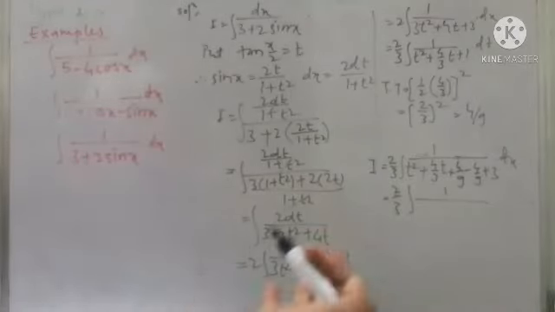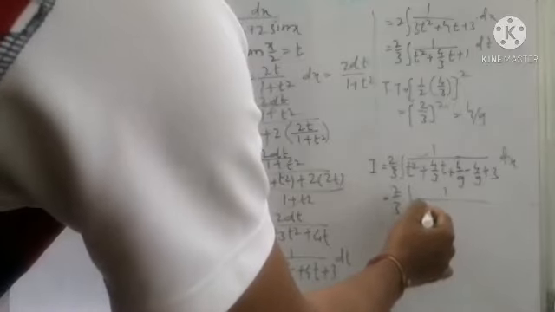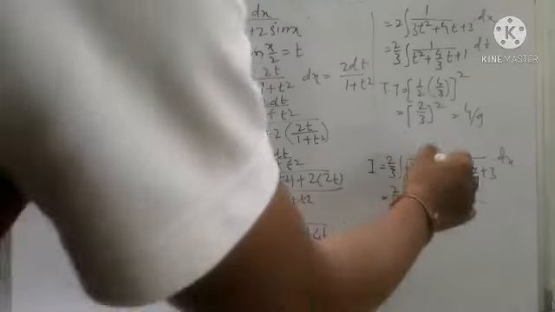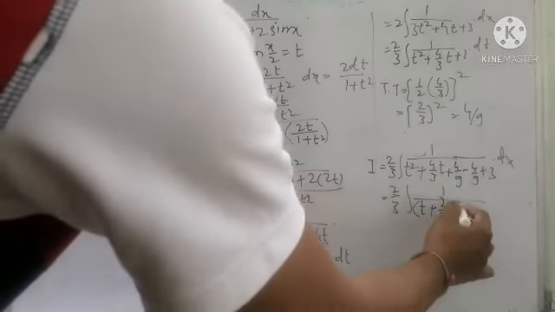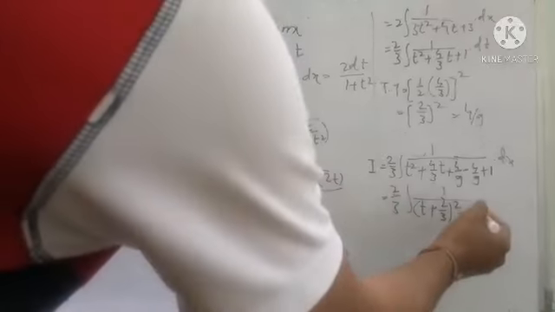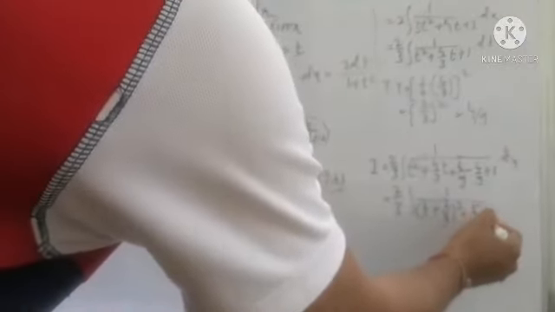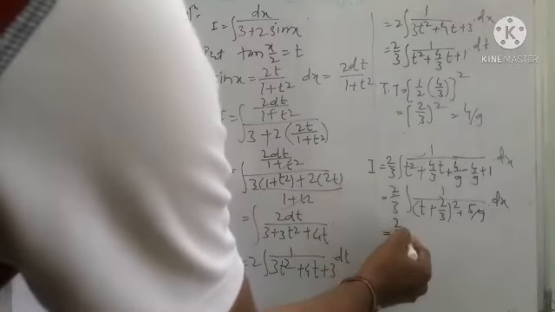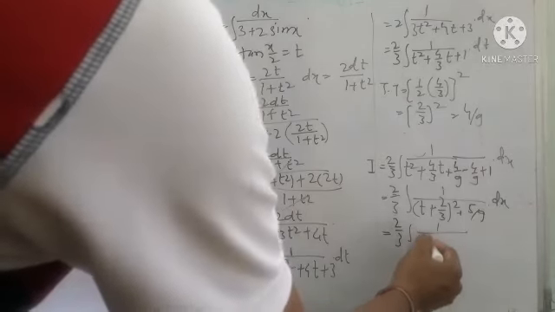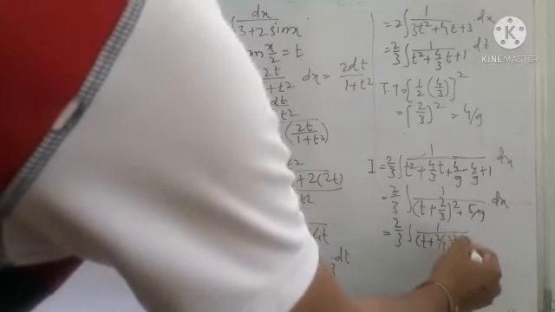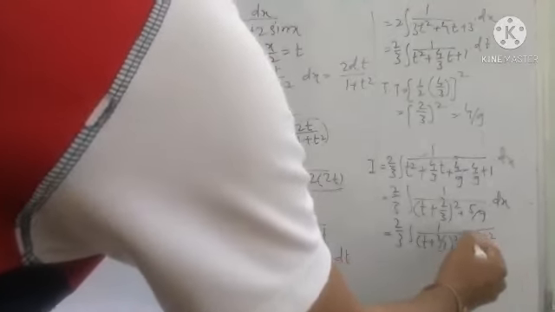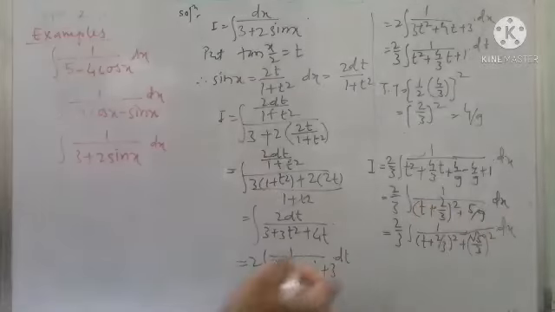Now simplifying this, 2 by 3 into the integration of 1 upon, making the first three terms a perfect square, which are the square root of the first term, that is t square, square root is t, the sign of the second term, which is plus, and the square root of the third term is here 2 by 3 bracket square. And so minus 4 by 9 plus 3 is 5 divided by 9. Now we have to make this constant a perfect square to use the radical formula. So 1 upon t plus 2 by 3 bracket square plus 5 by 9, which is the square of root 5 by 3.